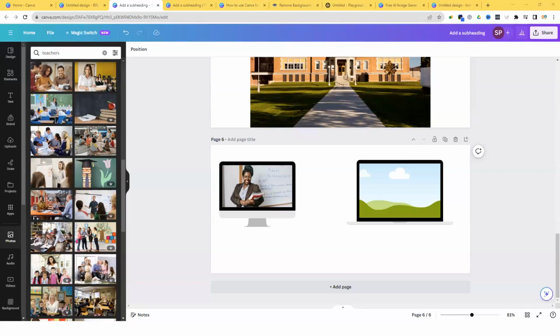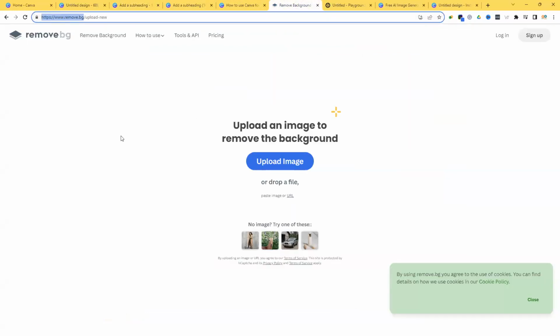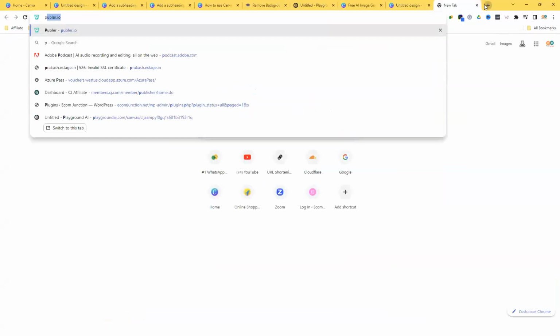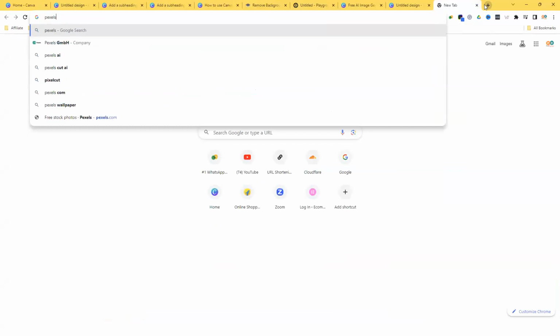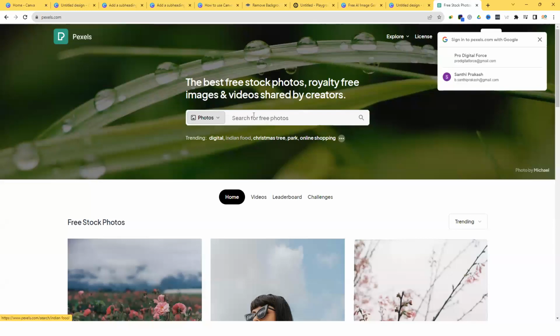Okay, so here we talked about this paid feature of removing the background. There is a website called remove.bg, right? I can use this website as well if I want to remove the background of an image. So maybe you are trying to find a perfect image for your requirement. You go to pexels.com and I say